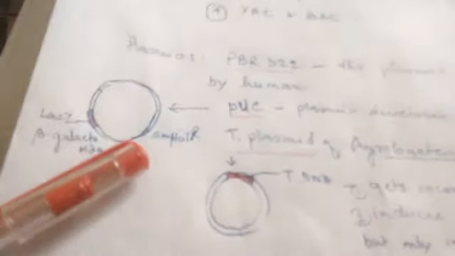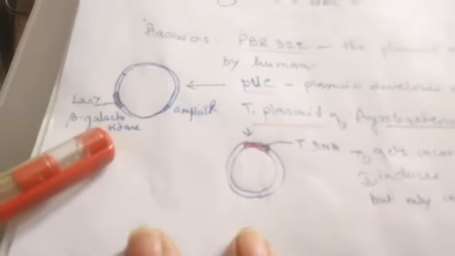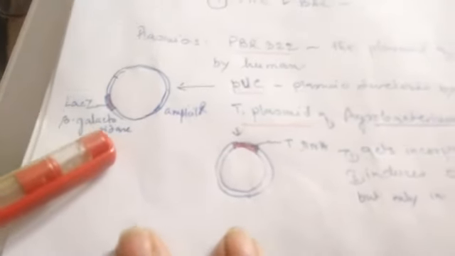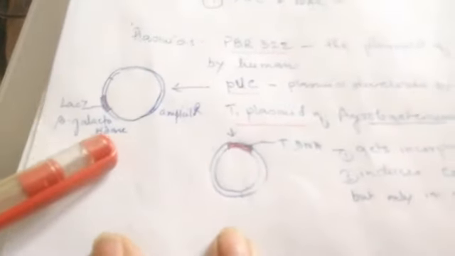University of California, they generated another plasmid which can be used as a vector, and there they use the selectable marker as the LacZ gene. Clear? The LacZ gene, where have we learned it already? We have learned LacZ in the lac operon. So this LacZ gene, we know that it produces beta-galactosidase, and this beta-galactosidase can act as a selectable marker.